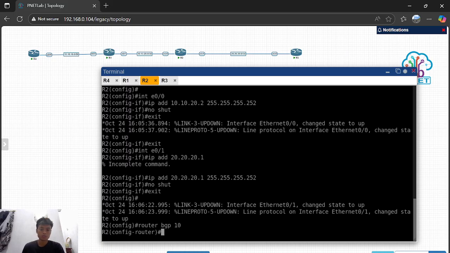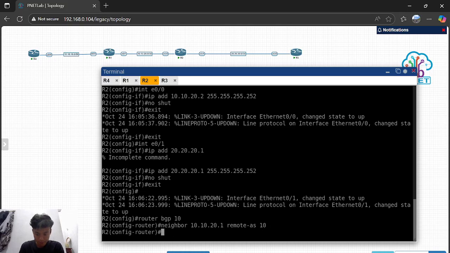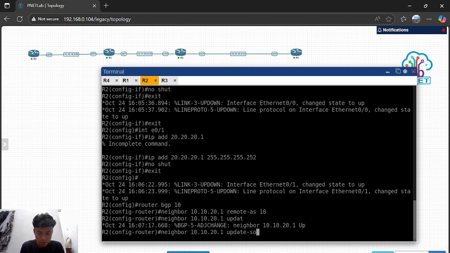First you must fill in the neighbor with remote AS 10 and then update source E0/0.